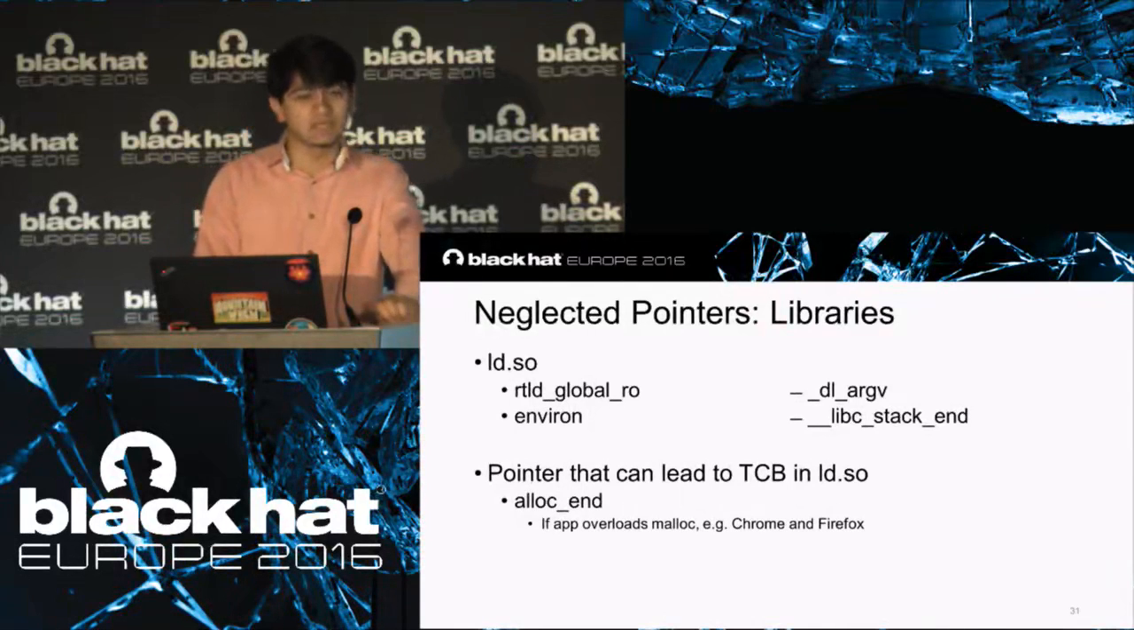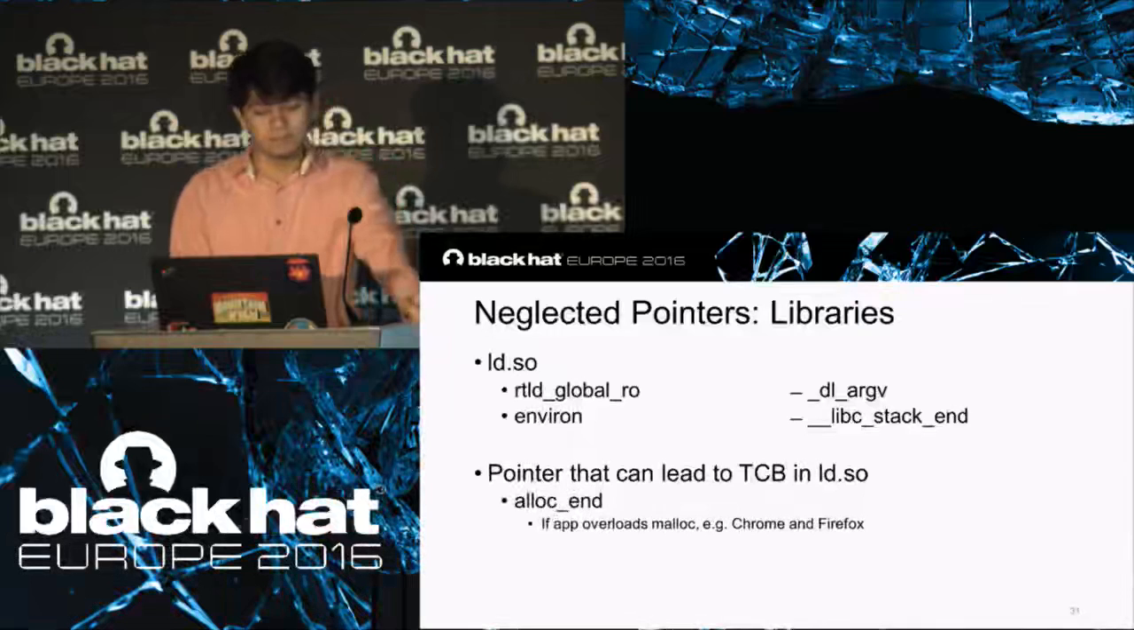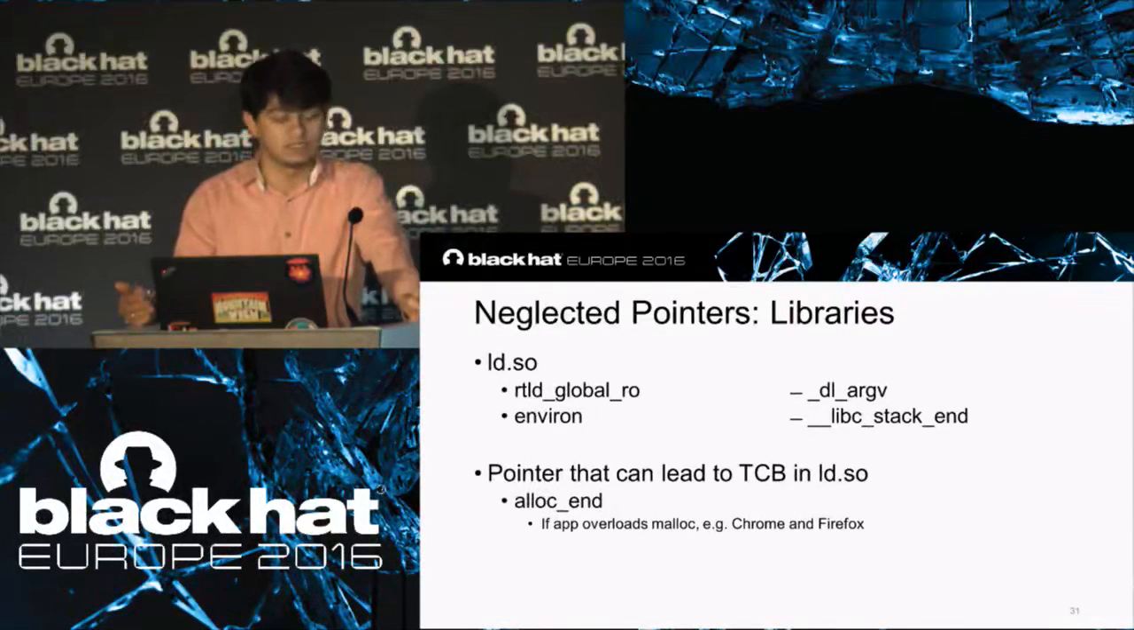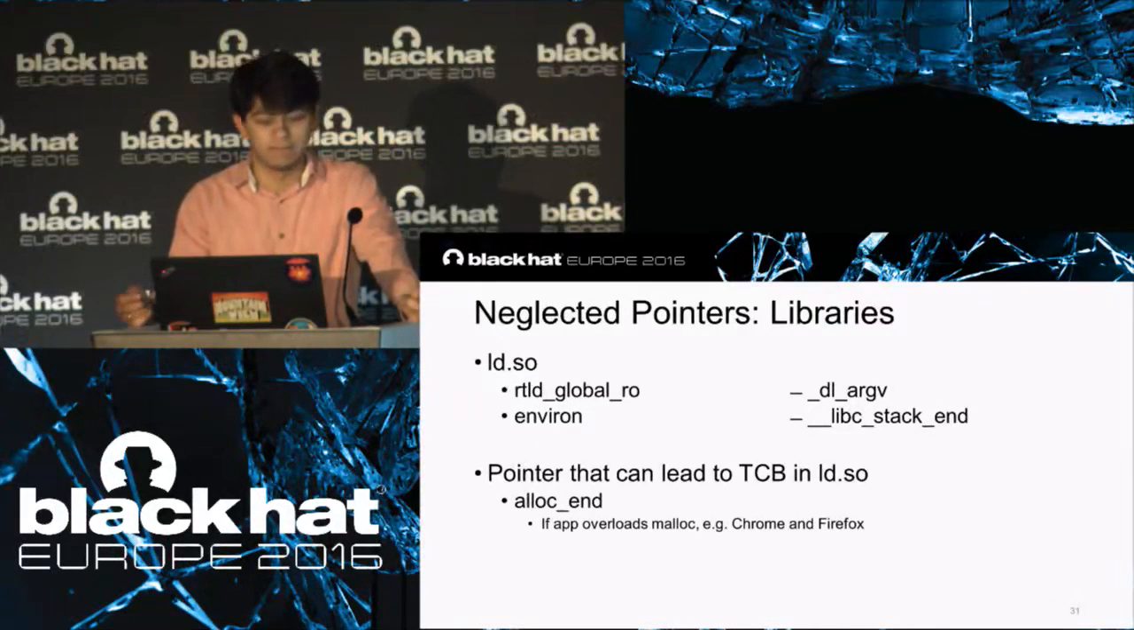But another interesting one is the alloc end. So alloc end is used in the memory management. When an application calls malloc, it uses alloc end to see where the last allocation was, and then it allocates more at that location. But if the application overloads malloc like Chrome and Firefox do, this alloc end becomes like a stale pointer. And